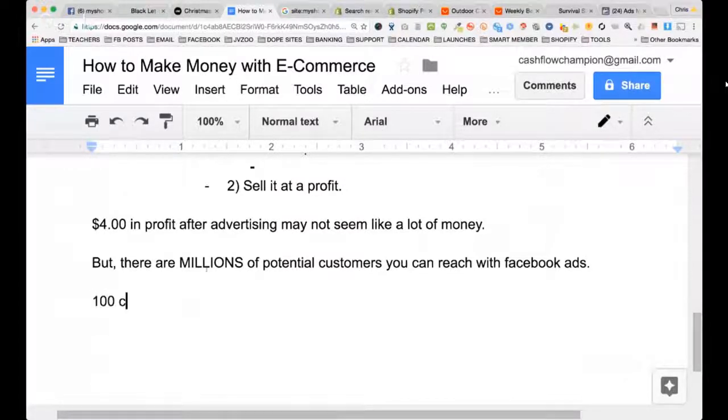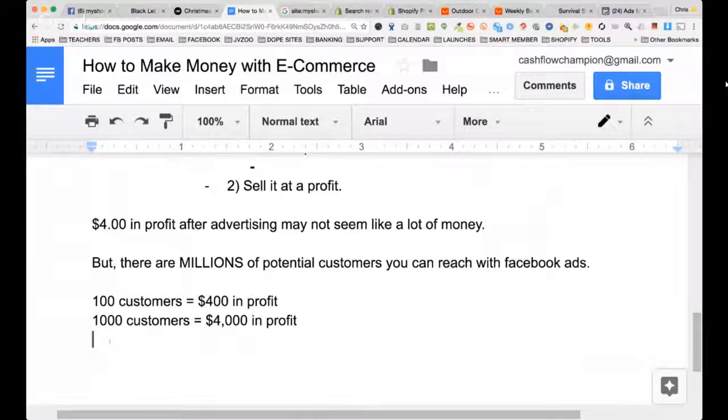Here we go. 100 customers equals, and of course, it's actually $10. You're selling for $9.95 a piece, really. So you're collecting more money, but your actual profit, 100 customers equals, right off the bat, $400 in profit. That's pure profit. That's in your pocket, okay? 1,000 customers equals $4,000 in profit. Okay, you're starting to get it? Now, 10,000 customers equals, you guys got it right, 10 times that, $40,000 in pure profit